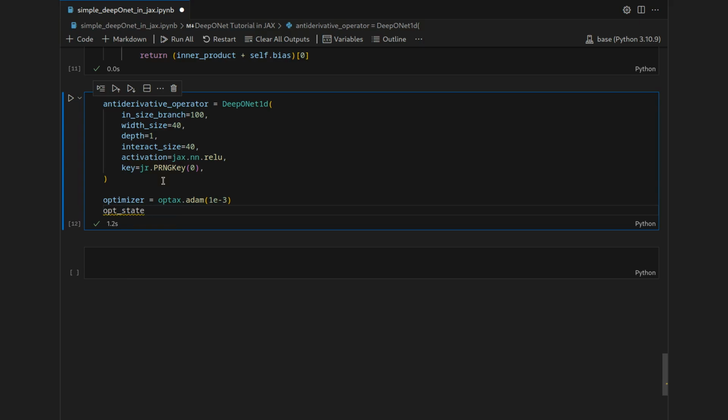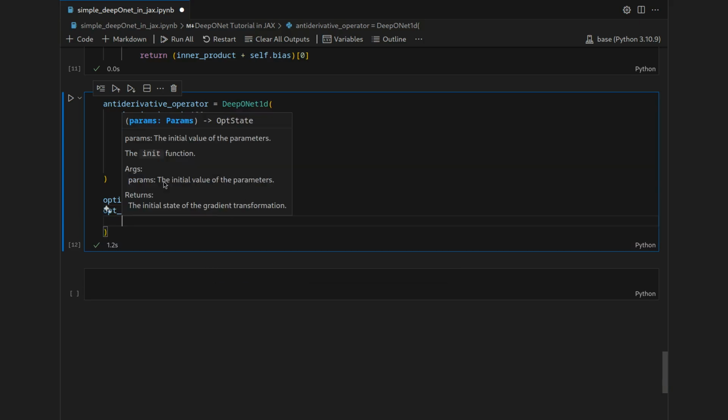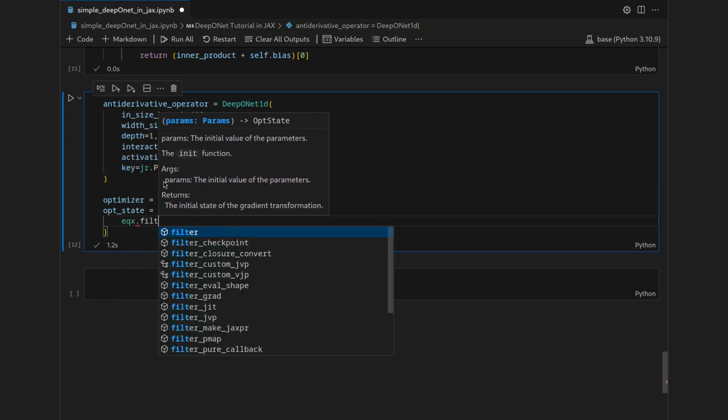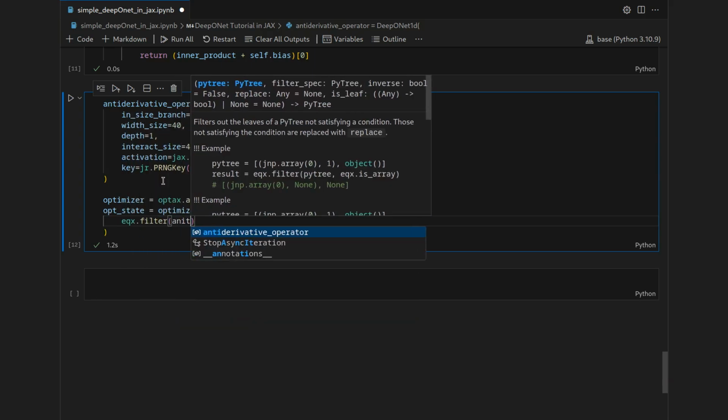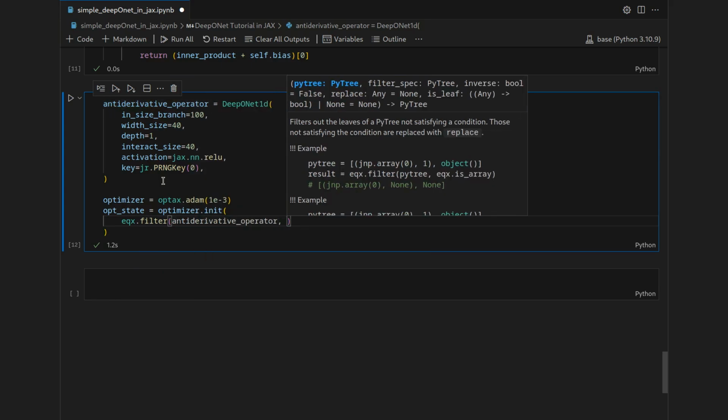It keeps track of a momentum. So we will say optimizer.init, and then we have to provide the parameter object which shall be optimized. And for this we have to filter our architecture by using eqx.filter on the antiderivative operator with the filtering rule